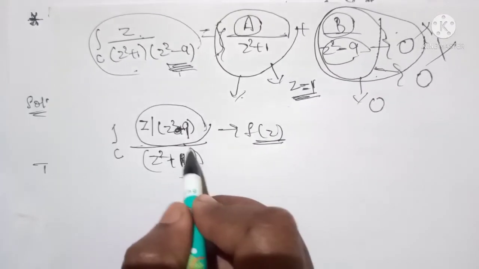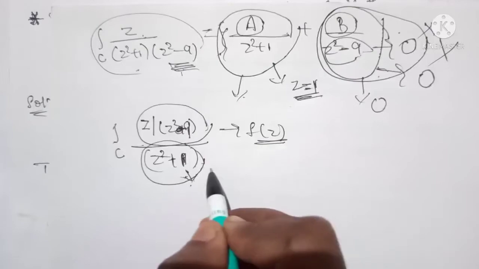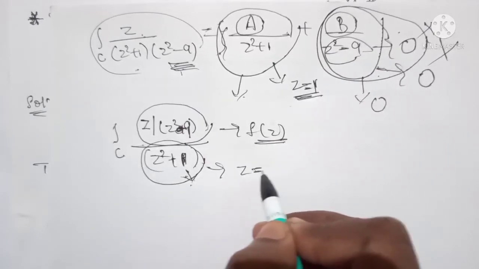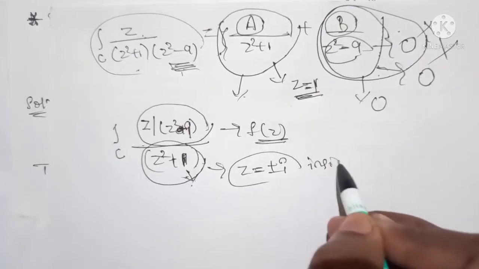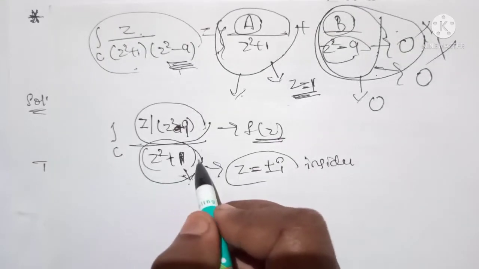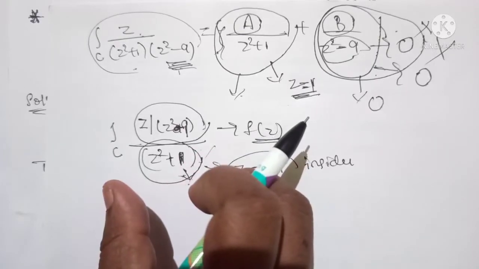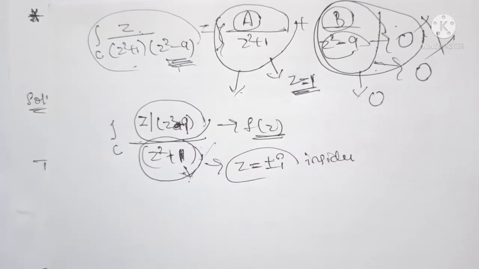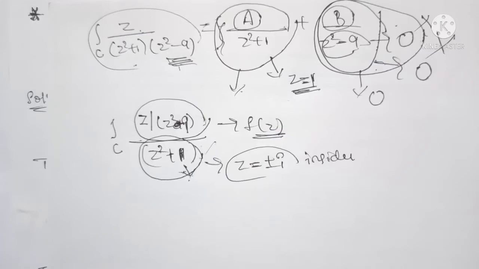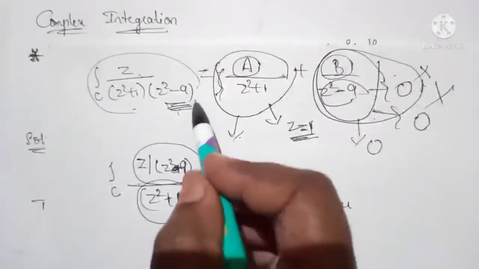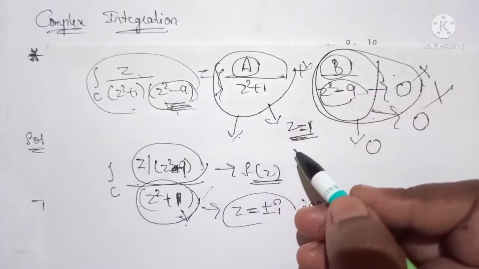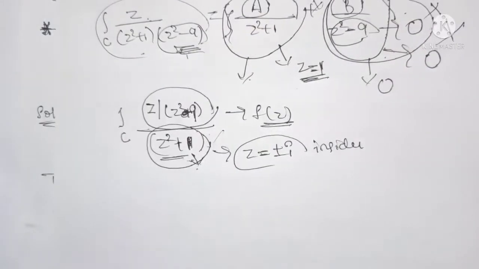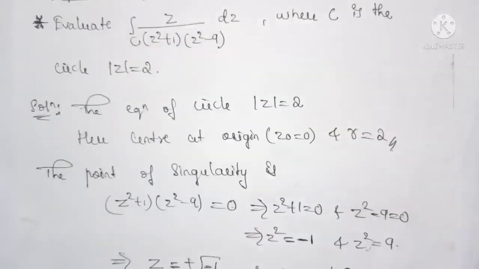So here for this particular term, the point of singularity is z equals to plus or minus i, and it lies inside the circle. Therefore we represent the given function like this. You just remember that the term for which the point of singularity lies outside the circle, you take to the numerator. Don't go for partial fraction there, but for this part again we have used the partial fraction method.